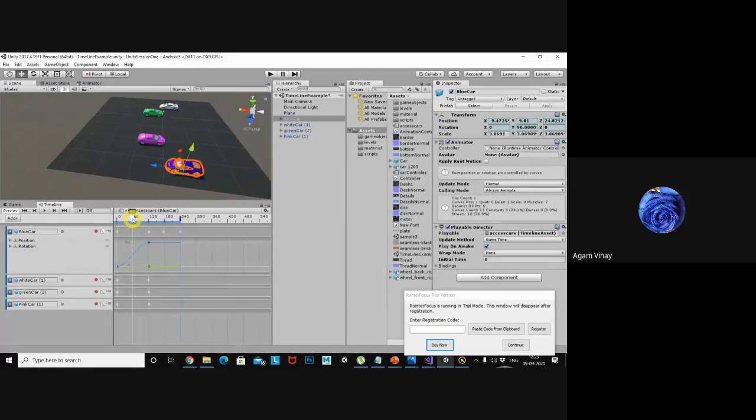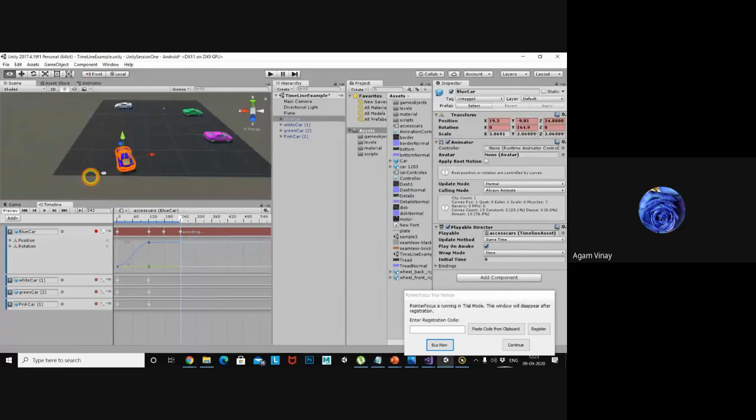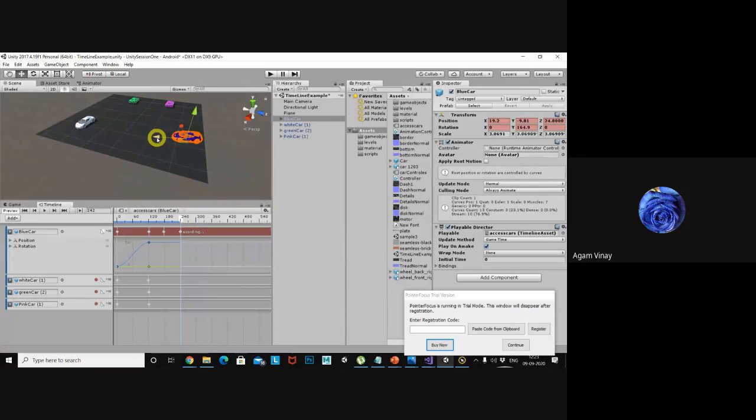So for the blue car, these are the lines for the blue car recordings in the timeline. I am dragging from here to here, which is the first clip. After this first clip, after some time gap, I am rotating from 90 degrees to 180. Later I can also add some movement from here to there, to some other places like here to here. Okay, now check like this.